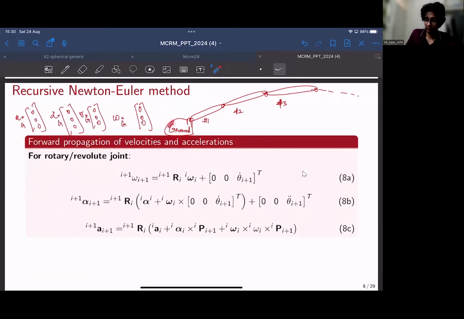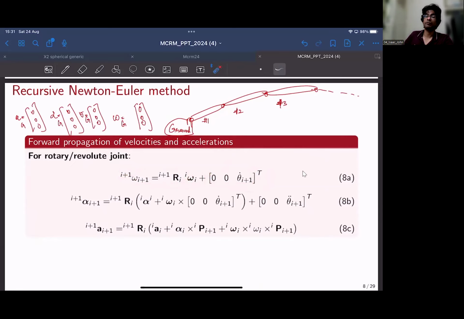Right? So the 0 velocity of the ground is compounded by the velocity of the first link, which is then compounded by the velocities of the second link, and so on and so forth. The same case goes for accelerations. So this is how the angular velocity propagates, right? The angular velocity of I plus 1th link expressed with respect to I plus 1 is nothing but the angular velocity of the previous link plus the contribution by the joint input,